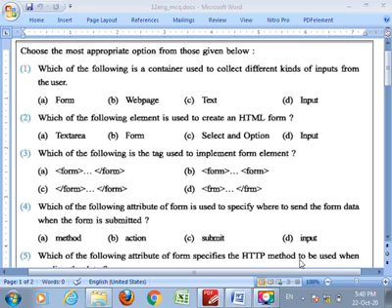Dear friends, in the last lecture we completed our chapter number 2 by using our online channel. Here we start the solution of MCQs of chapter number 1, Introduction to Composer.